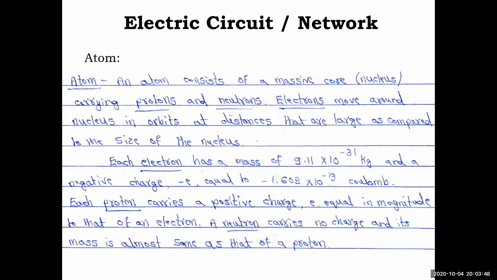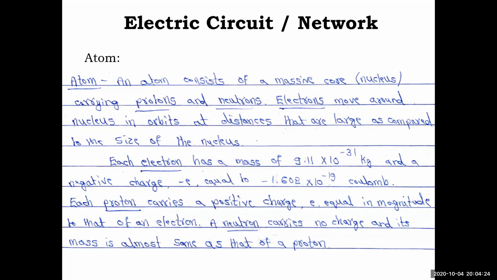Okay, and the electrons move around the nucleus in orbits at distances that are large compared to the size of the nucleus. Also, you know how to find how many electrons there are, the atomic number. But I'm not going that deep. You can go through the previous books and study it if you are interested. I am just trying to define the atom. So an atom has a nucleus of protons and neutrons, and electrons moving around in a certain orbit.